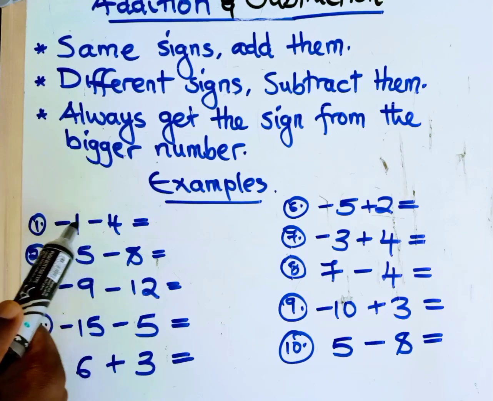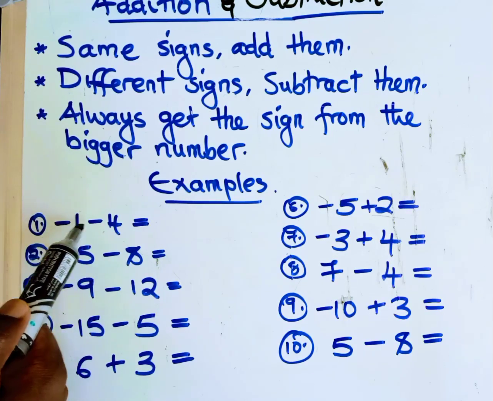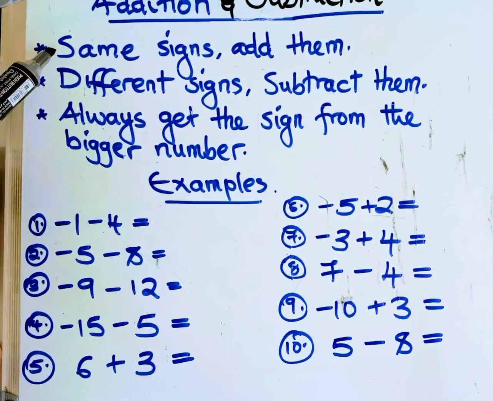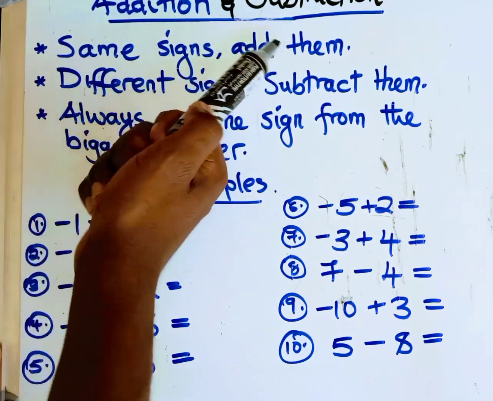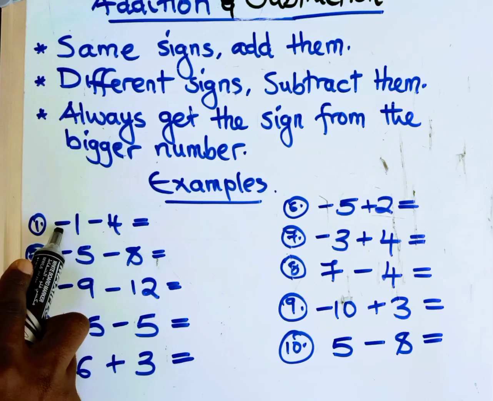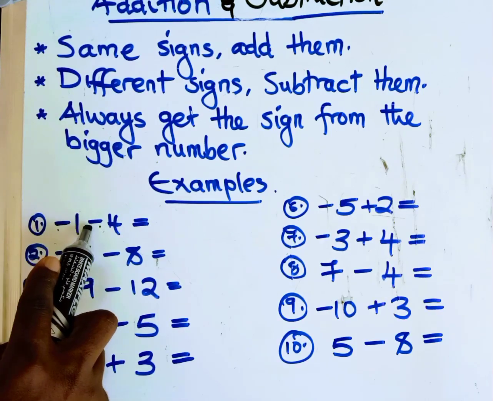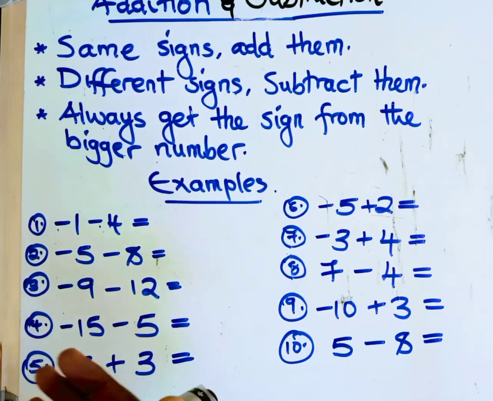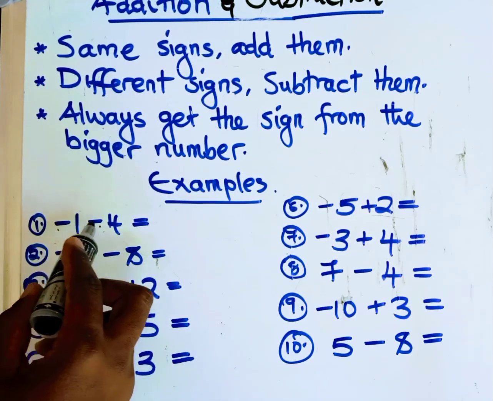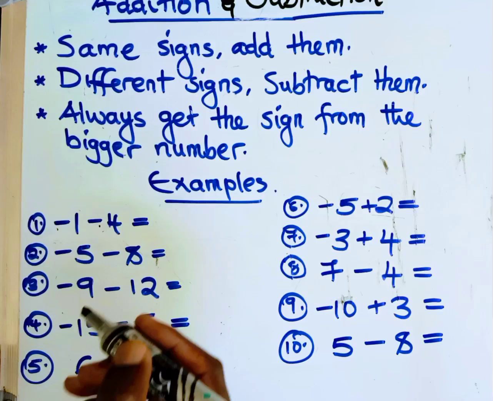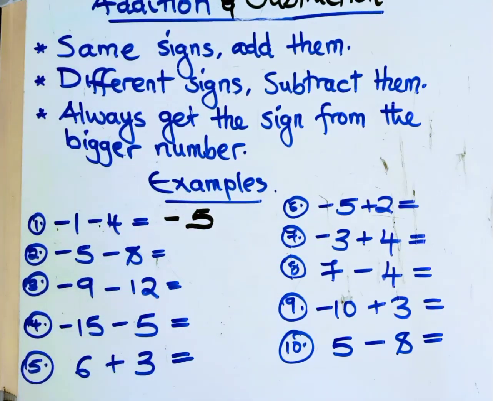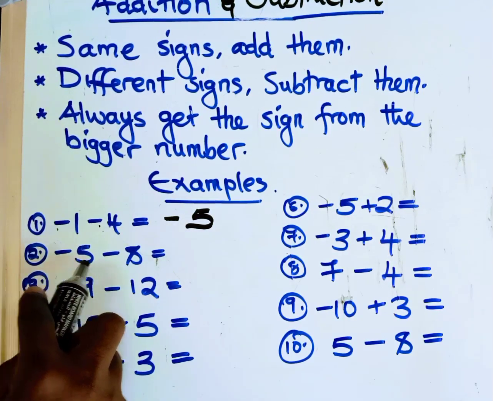When you look at this question, we have the same sign. This is a negative and a negative. This takes us to rule number one. Same signs, you add. So here, it means that you need to add. Now, when you have negative, it means that negative times negative is what is positive. So you add. So this simply means 1 plus 4 is what is 5. And our answer is a negative. So there, -5.